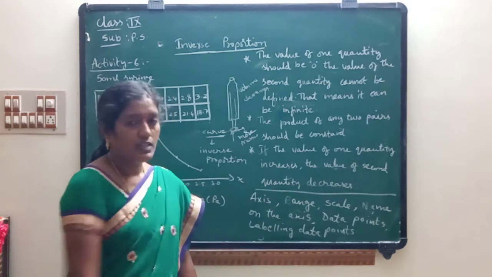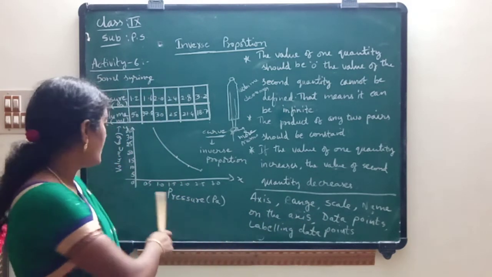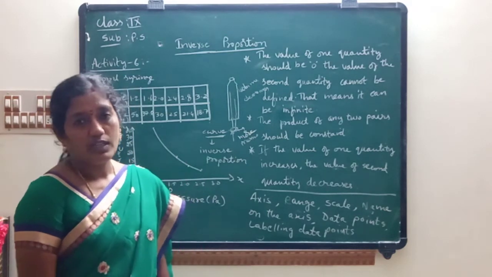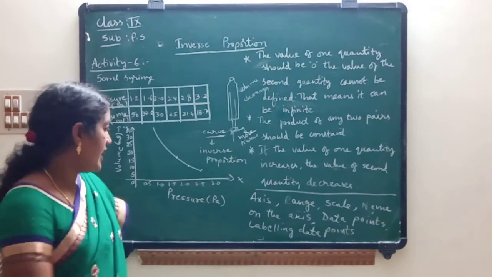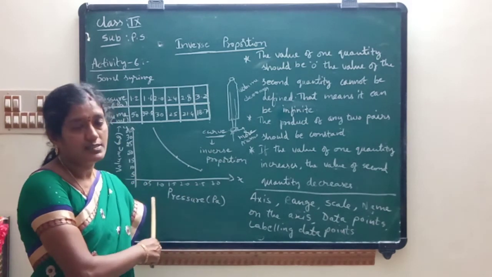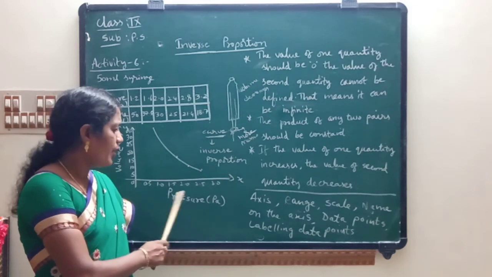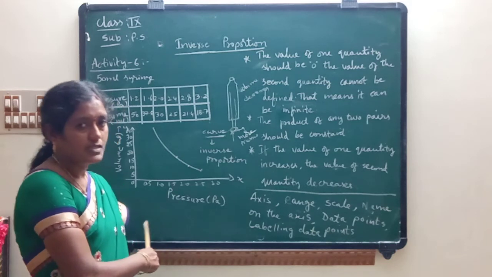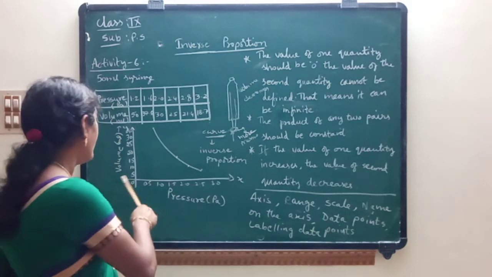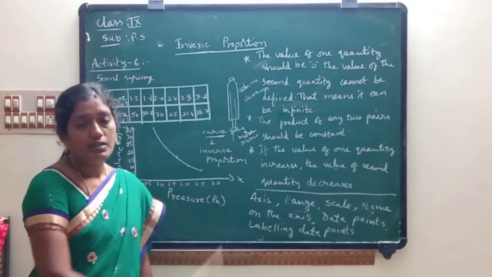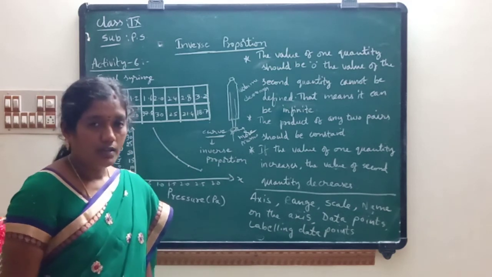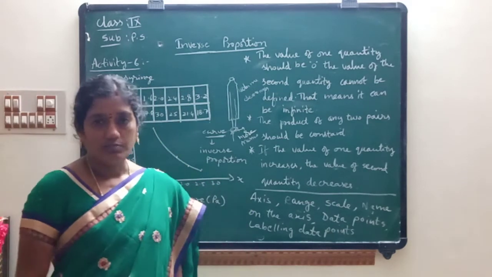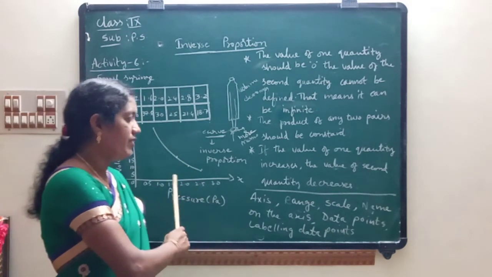Next, scale. What is the scale on the x-axis children? Here observe 0.5, 1.0, 1.5, 2.0. That means here the scale on the x-axis is 0.5, that is 1 unit is equal to 0.5 pascals children. Next, coming to the scale on the y-axis. So 5, 10, 15 milliliters children. So on the y-axis 1 unit is equal to 5 ml children. So this is about scale on the y-axis.